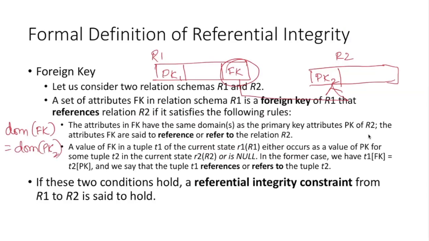What is Pk2? Pk2 is the primary key of relation R2. What is Fk? Fk is the foreign key in R1 which refers to relation R2. Okay, so they must have the same domain. That's why when we did SQL, I mentioned that it should have the same data type. The same data type must be there. And what is the second